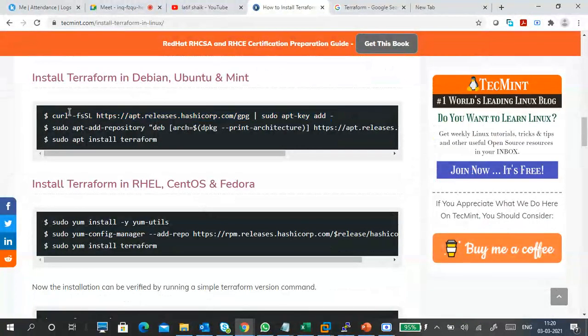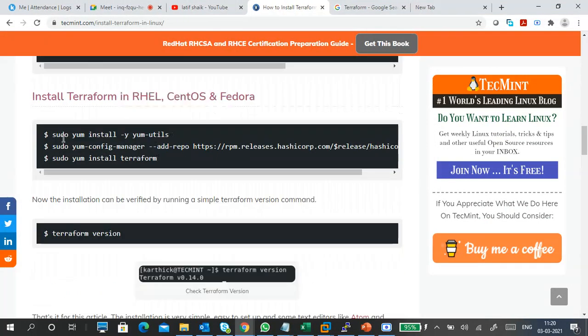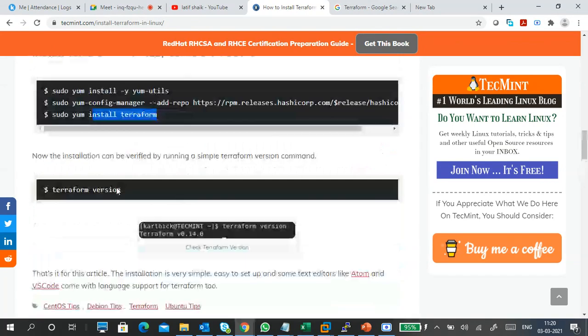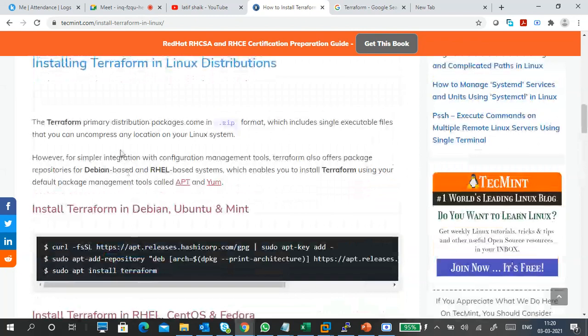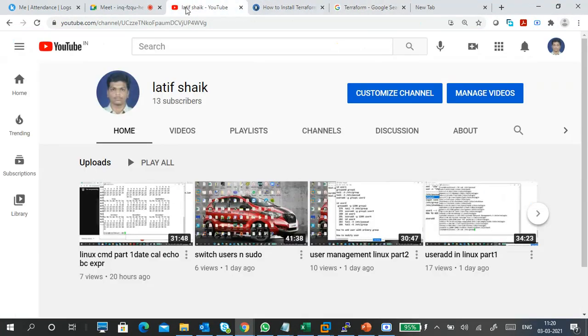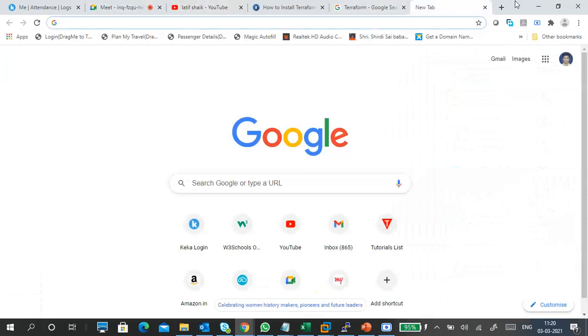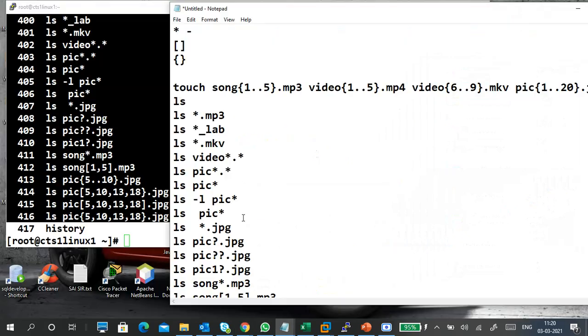Okay, so you can see this is a command. You don't know what the URL is. We don't know. This is for CentOS, right? Sudo, utils, commands, configurations, installed with a simple command only. This is one Linux commands URL. If you don't know the syntax, no problem, you can copy paste and do it. Understand? But if you don't know how to verify,